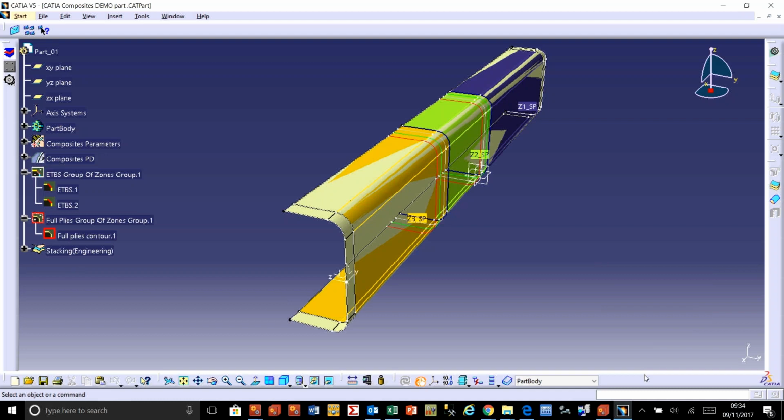So this is an overview of the SEER Ply Cost Estimator capability for composite estimation that sits within CATIA V5. What Keith is going to do in a moment is go through the process of creating an estimate, creating and viewing the results of that estimate, and understanding how the rules and other environmental factors can be calibrated for your particular needs. And as I say, this is the SEER Ply Cost Estimator for composite estimation within CATIA